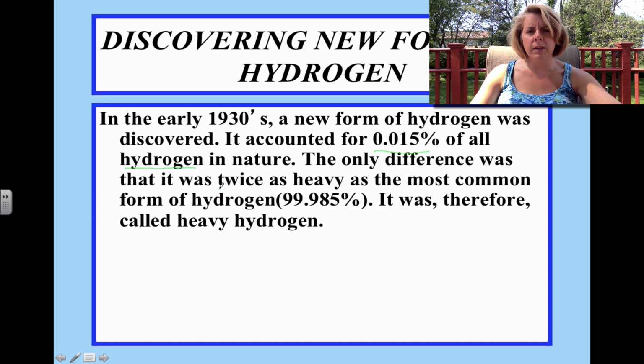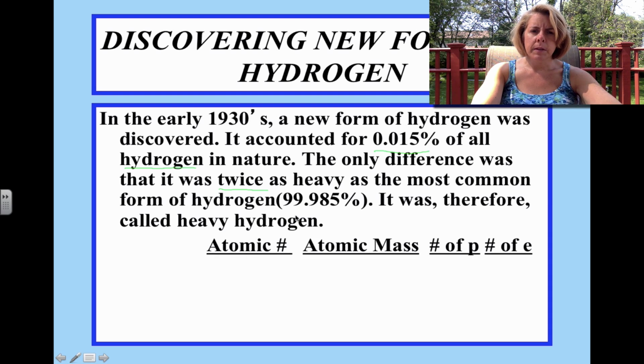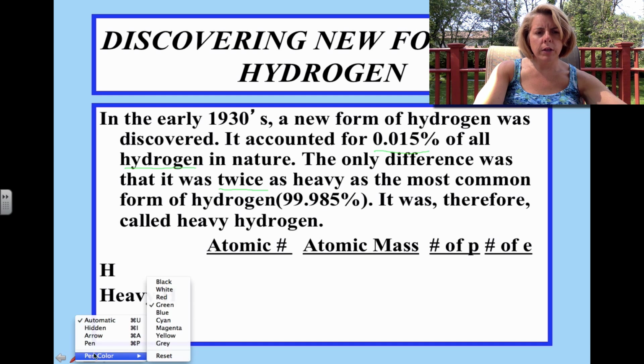Now, the interesting thing is it was twice as heavy as the regular form of hydrogen. And since it was heavier, they called it heavy hydrogen for a long time. Okay, so for heavy hydrogen,